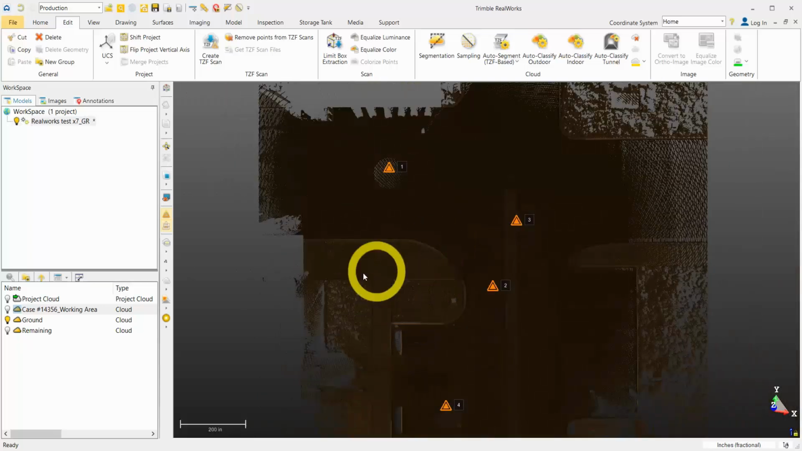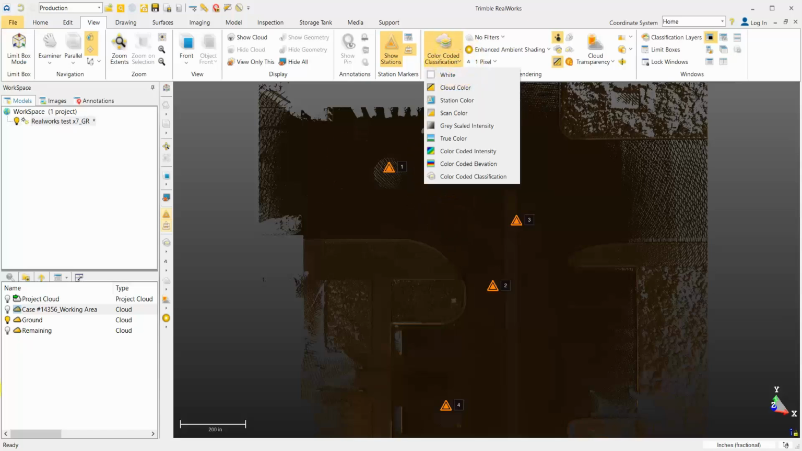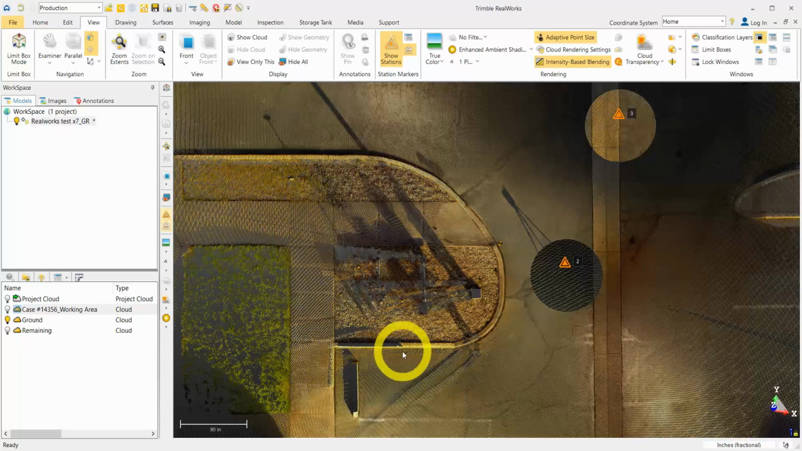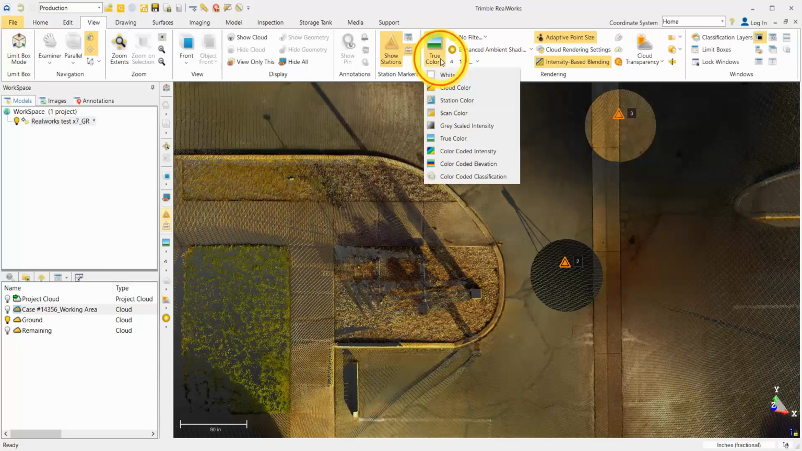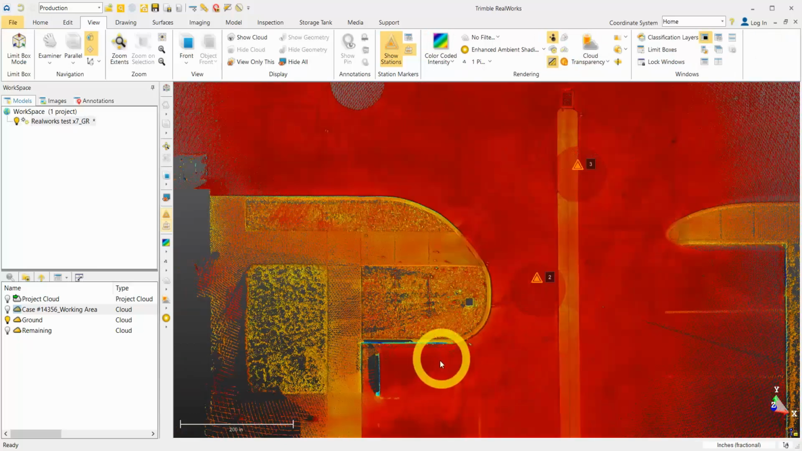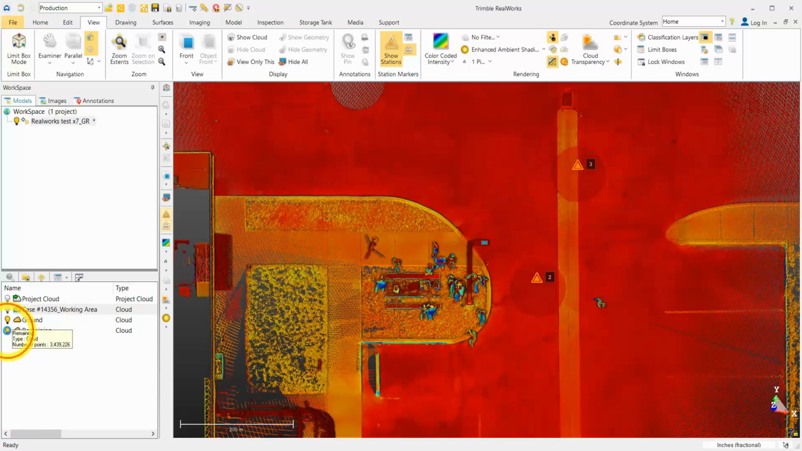It did. So this rendering is by color-coded classification. So brown would be the classification for ground. Turn this back to true color. So it did a really good job of getting rid of all of those, all the noise, all the people. So you can see if I turn back on that remaining,